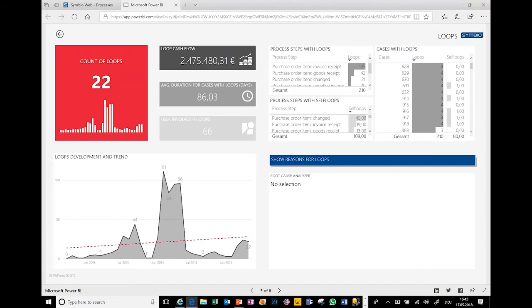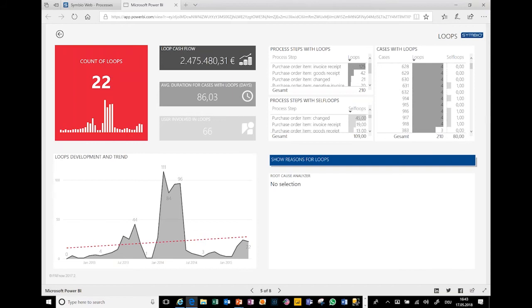So if you have a loop somewhere in the process, or so-called self loops, so here you have an activity and you have loops in this activity. For example, there is an employee that changes some master data for a customer or a vendor a lot of times. So this would be so-called self loops.